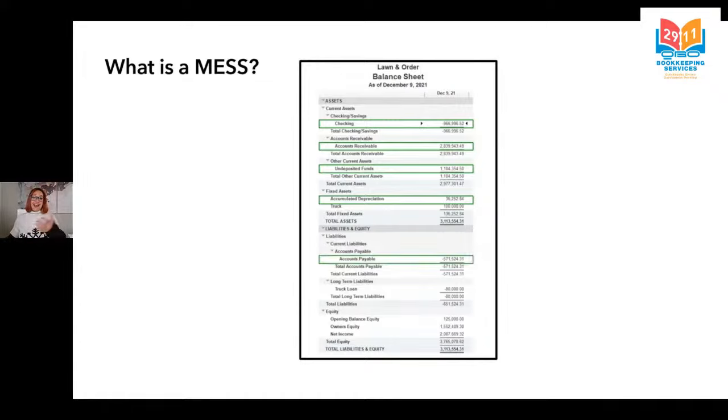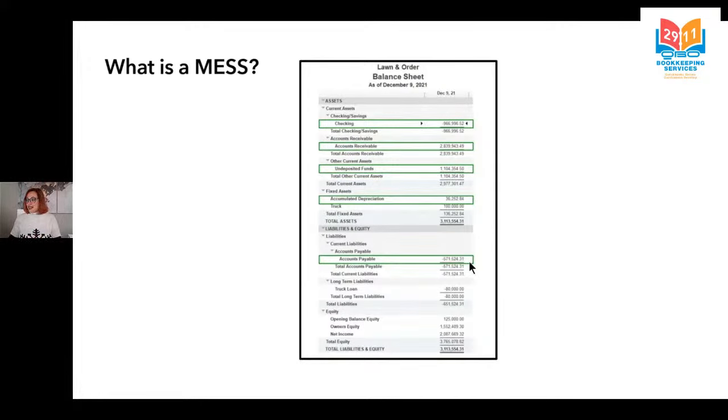Or potentially accounts payable. This could also help us uncover a problem as well. You notice how my AP here is also negative, and it's a pretty large negative balance. That definitely tells us we are recording our accounts payable transactions incorrectly, like bills and bill payments. So we should investigate that further.